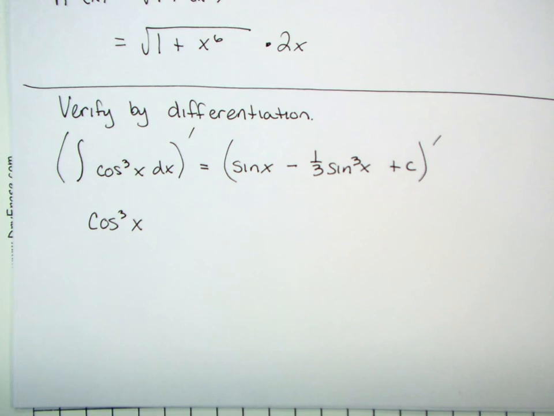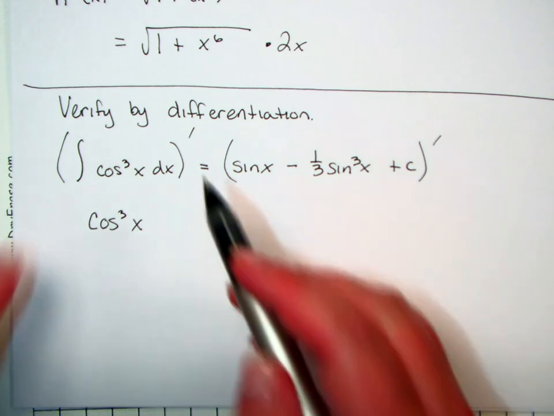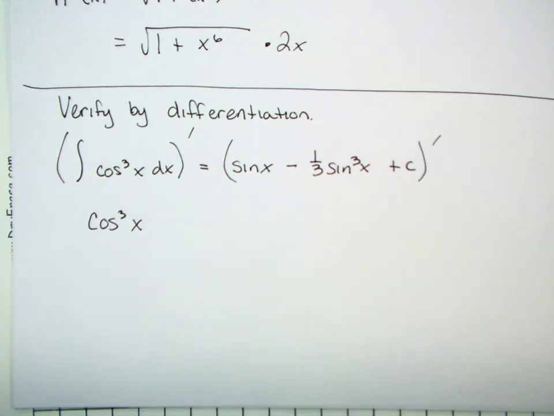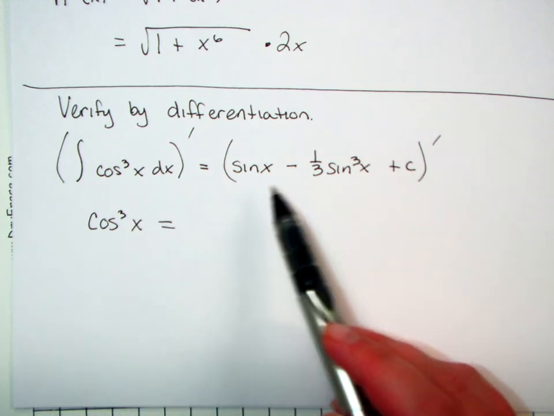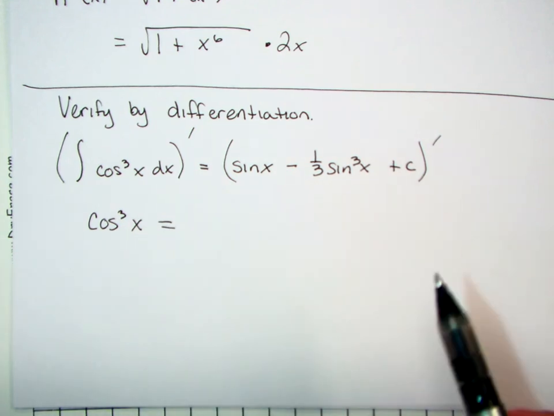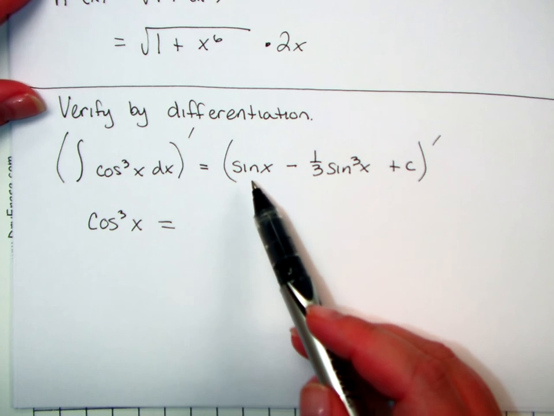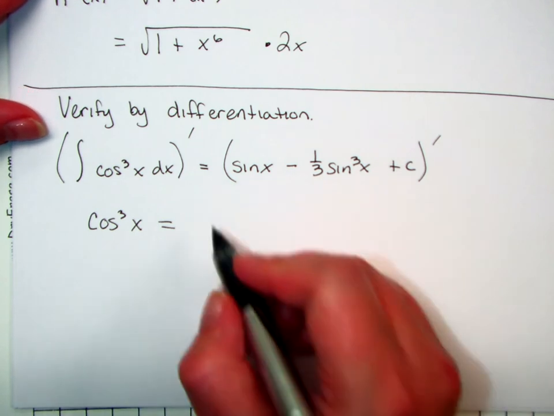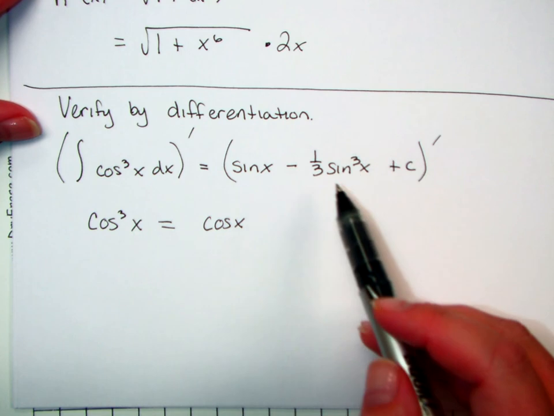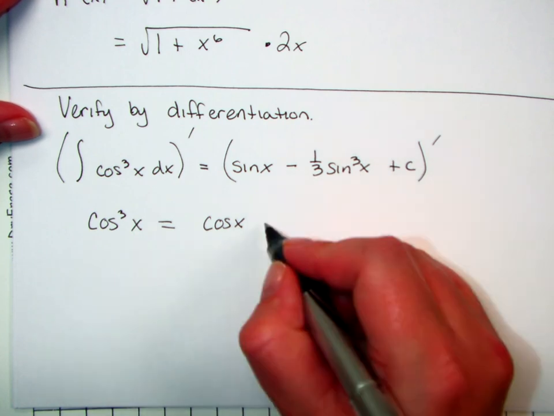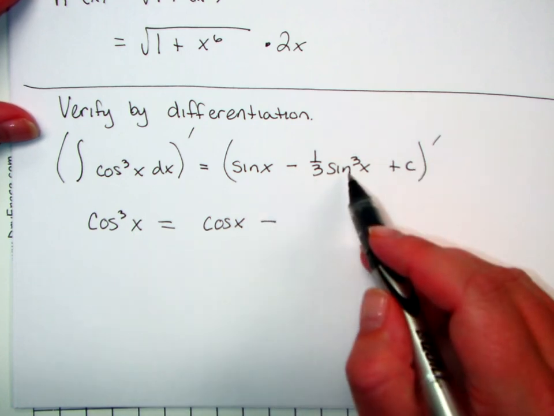All right, so the derivative and integral cancel each other out, and we get cosine cubed. Now, on the other side, we need to differentiate all three of these terms. Okay, so the derivative of sine is cosine,